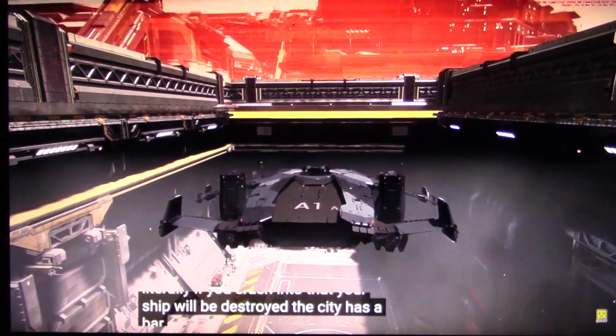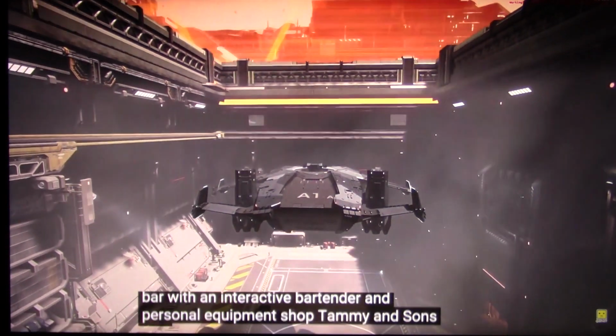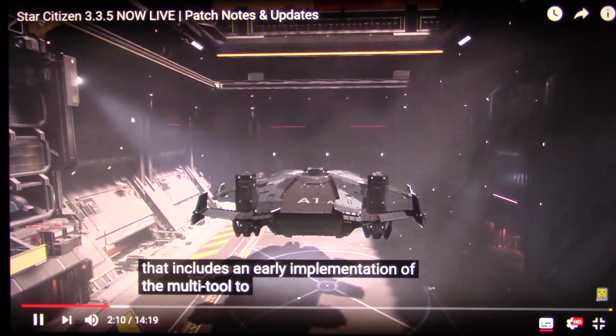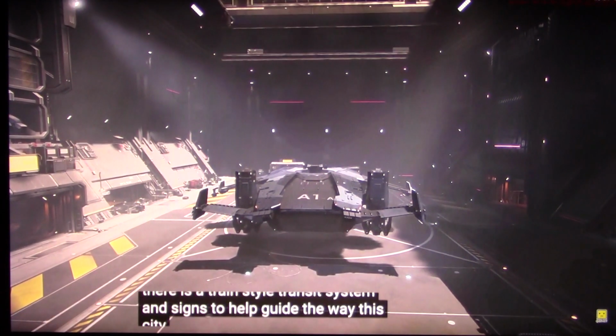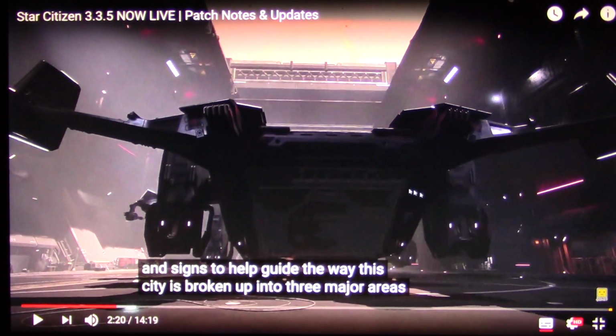The city has a bar with an interactive bartender and personal equipment shop, Tammy & Sons, that includes an early implementation of the multi-tool. To move around the city, there is a train-style transit system and signs to help guide the way. This city is broken up into 3 major